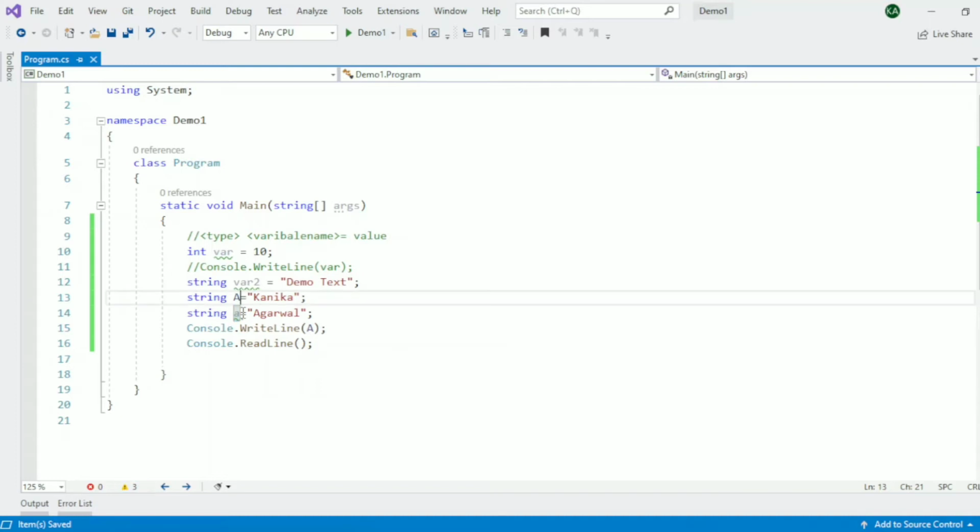So the very first rule is variables are case sensitive. Here capital A is a different variable and small a is a different variable. If we print capital A, it will print Kanika and if I print small a, it will print Agrawal. Let's try that out.